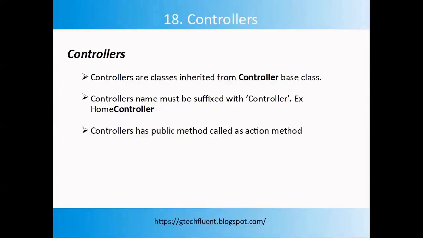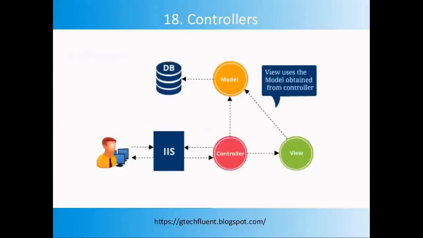Controllers have a variety of methods, and these public methods are known as action methods, which handle the user request. Any request that comes to our application from the browser is handled by the controller in the MVC architecture. When a user requests our application, it first goes to the controller, which loads the appropriate model and returns a response to the view or as per the result type. So let's switch to Visual Studio.